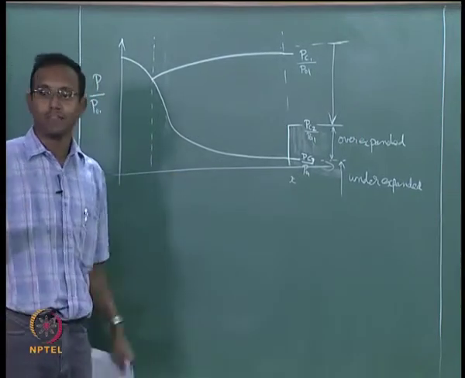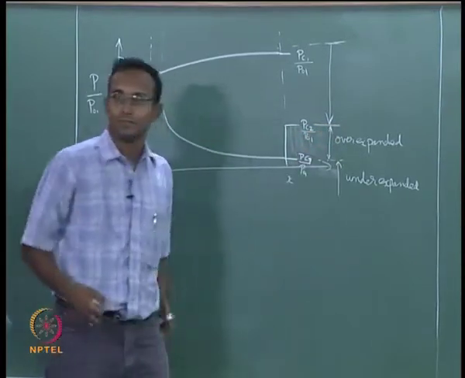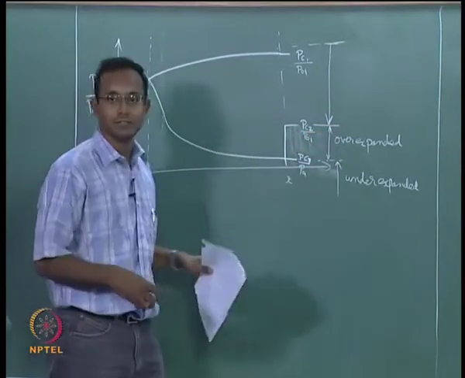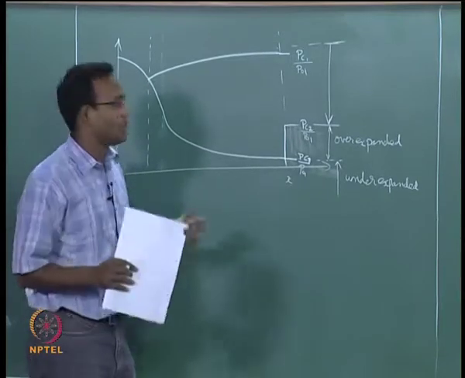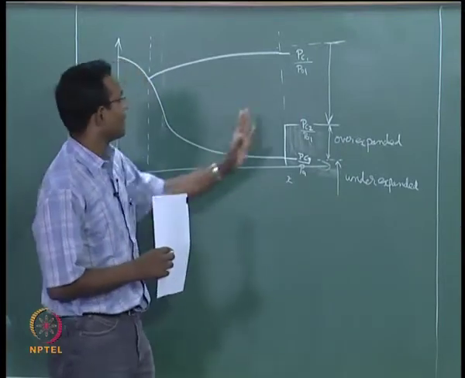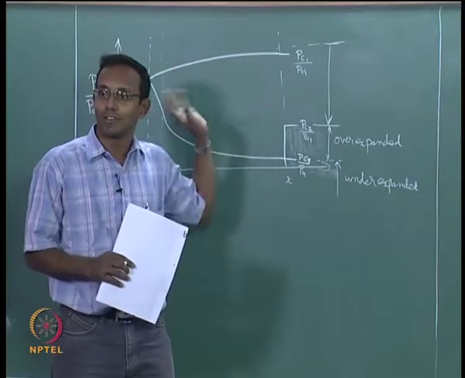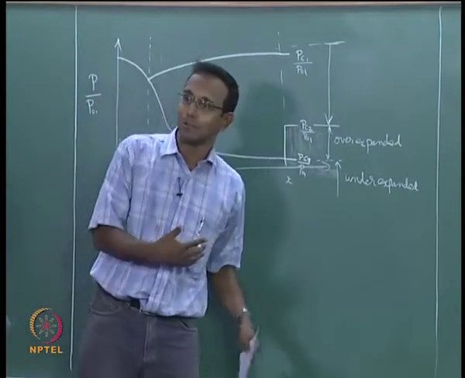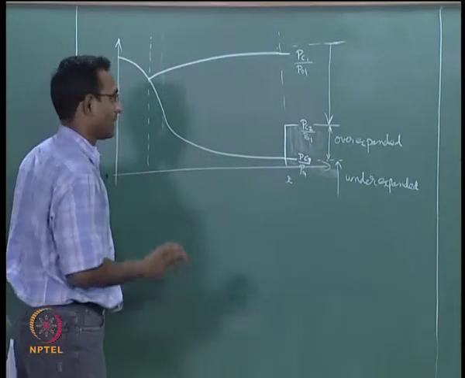Now we are outside, we want to solve for this extra region here, over expanded cases. I already told you the change is only outside, so we are going to talk about the jet coming out from the nozzle. From now on we will not consider whatever is happening inside, it is all old history for us, we know how to solve it, we have already solved one example numerical problem also, we will say that is easy to solve. Now we will look at the remaining portion.